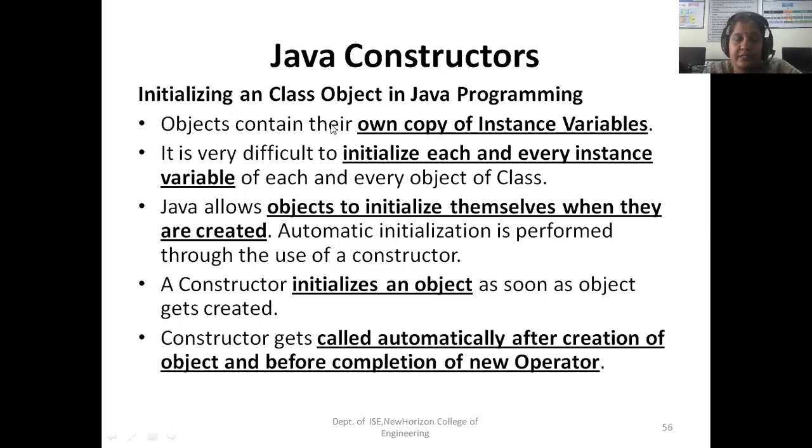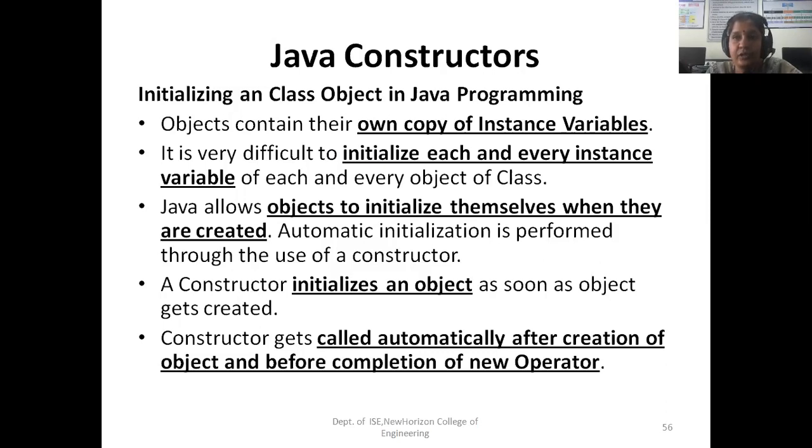First we will discuss initializing an object in Java programming. How to initialize an object? Objects contain their own copy of instance variables. But it is difficult to initialize each and every instance variable of each and every object of a class.